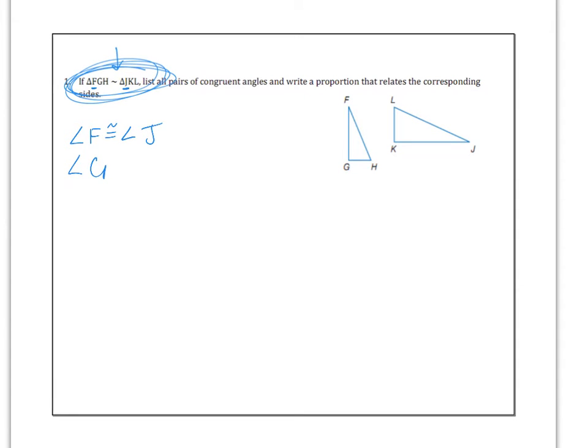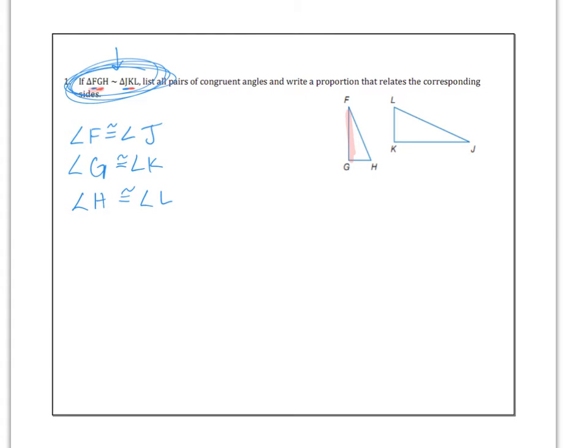The middle letter, G, so let me underline G, is in the middle, is going to be matched up with K. And so angle G is congruent to angle K. And finally, the last one, angle H, is congruent to angle L. So there we have the angles. Now we have to write that proportion that relates the sides. So remember, for instance, if I take side FG,